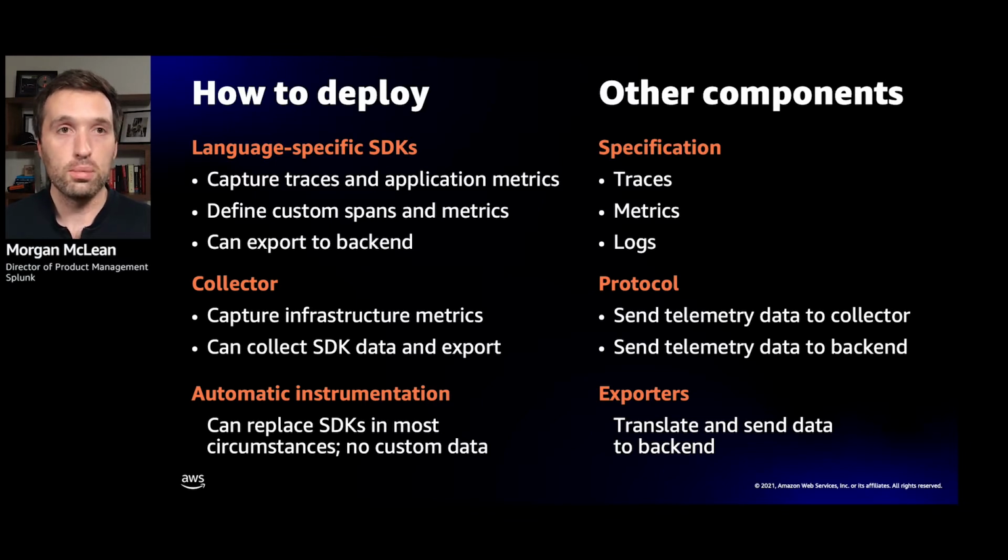So primarily, OpenTelemetry has a set of language-specific SDKs, one per language. These SDKs can be linked to your applications. They'll capture distributed traces from your applications. They'll handle context propagation. And they'll also be able to capture metrics from your application. And then finally, they give you the APIs that you need to interact with them if you want to generate